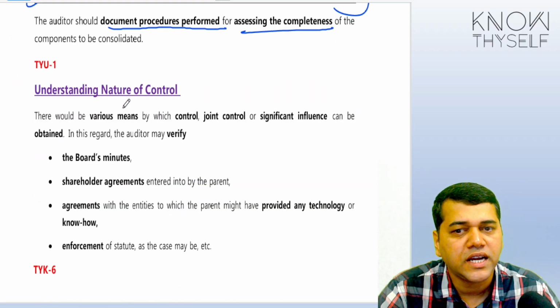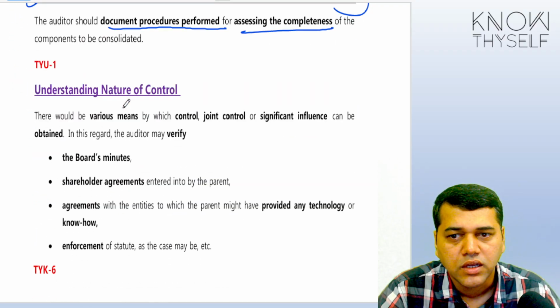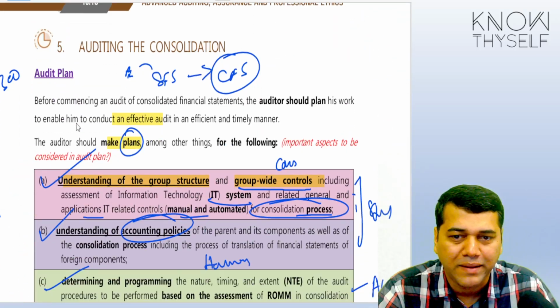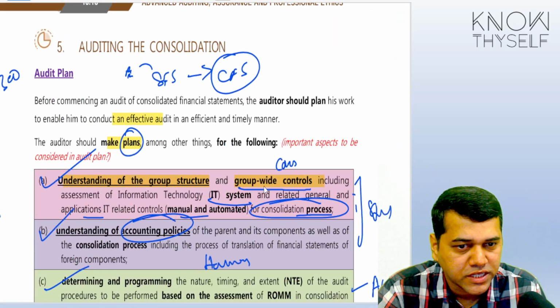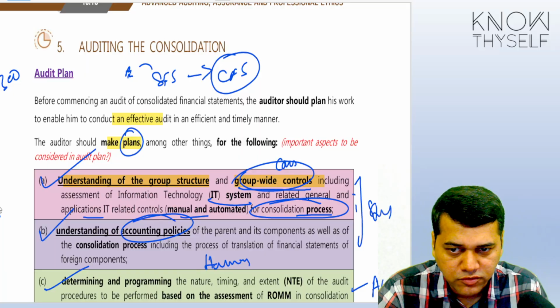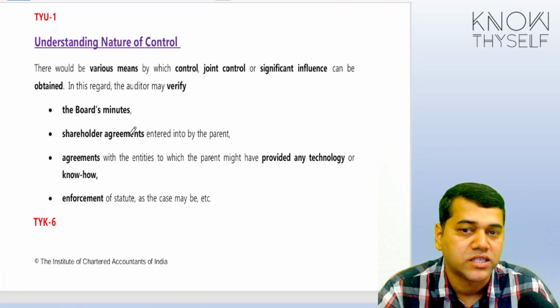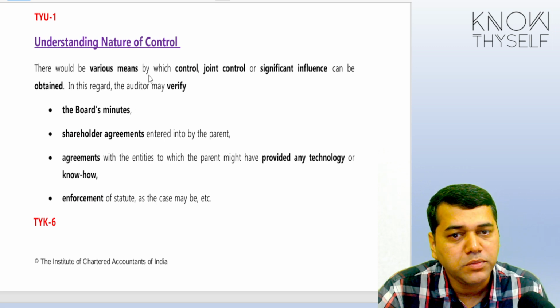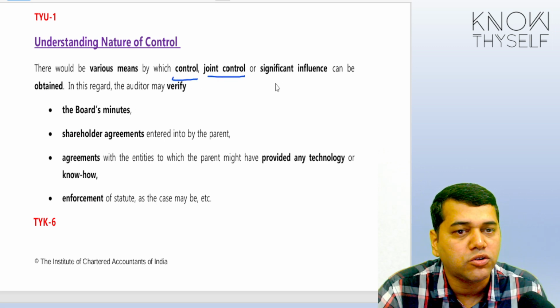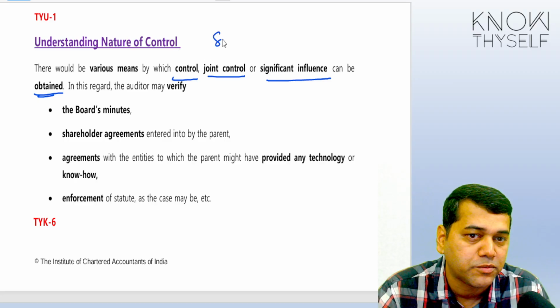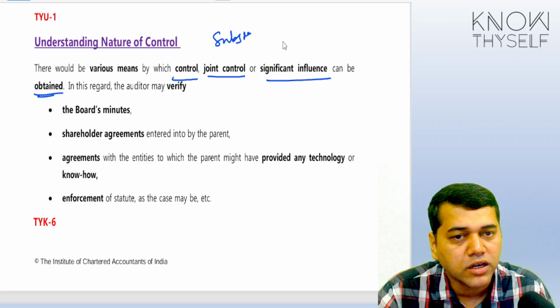Next, understanding of the nature of the control. Now there would be various means. See, now here what you did, you have to plan to understand the group structure and the control. This is what you are planning. Here you are actually trying to understand. There would be various means by which control, joint control, and significant influence can be obtained. Like nature of the control means how you are controlling the subsidiary, how you are controlling the joint venture